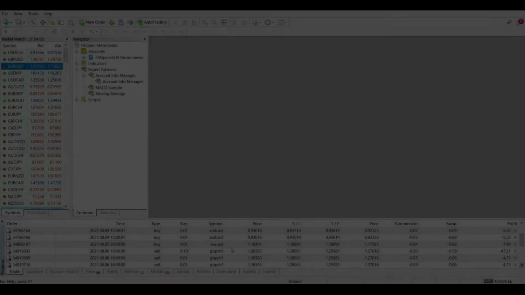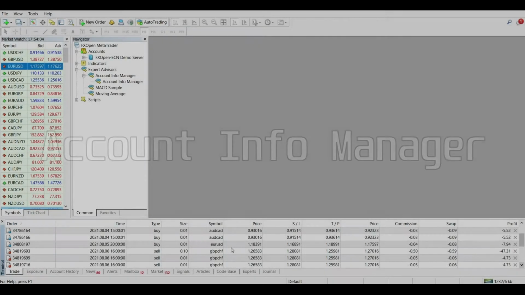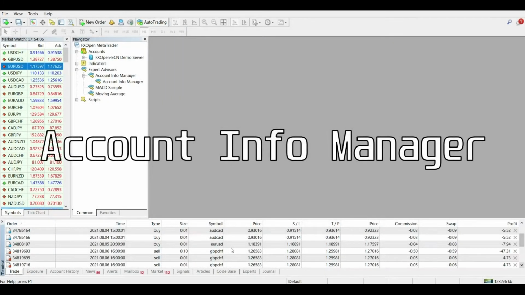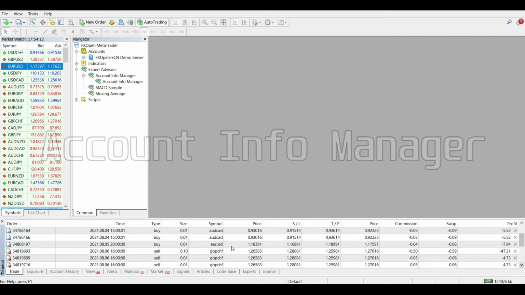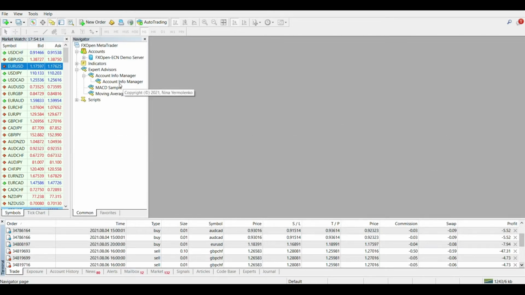Hello. Today I would like to present to your attention Account Info Manager, a utility for collecting, analyzing and conveniently viewing information on deals made on your trading account. The demonstration is carried out on the MT4 terminal. However, this video is also suitable for the version of the program for the MT5 terminal, since their interface and